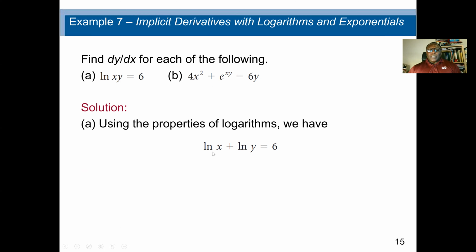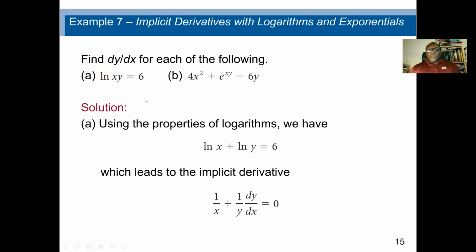Natural log xy is the same as natural log x plus natural log y equal to 6. Then we take the derivative. This is a very good idea. Again, either way, we can solve the problem. But see, if we use the product rule, the expansion will be too long, which means we have to find